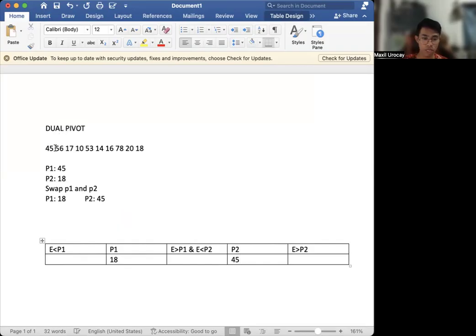Now we'll begin to check based on that. Does 56, is it less than P1? No, that's not. So you check whether it is greater than P2, and you can just put that right there. And then 17, is it less than P1? Yes, that's correct, and you can just put that right there. But you will not begin to sort that accordingly. You will just keep it at this, because you will be going to search that